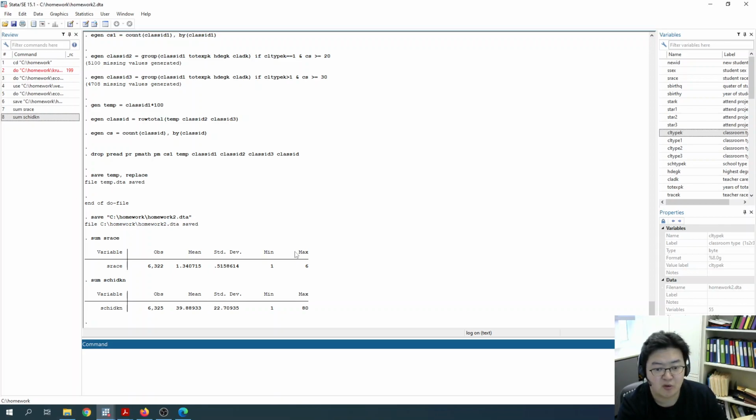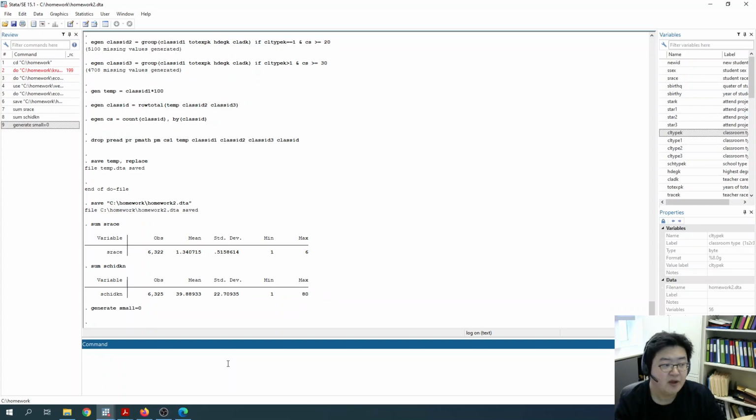use the command generate. I'm going to generate a small variable, and I will define the small variable as 0. Remember, one equality means definition. So here I'm defining a new variable named small, and it takes 0 for all the observations. Then we are going to replace small equals to 1 if class type